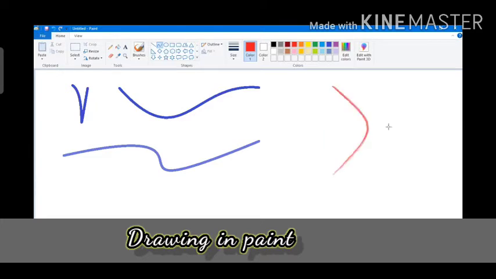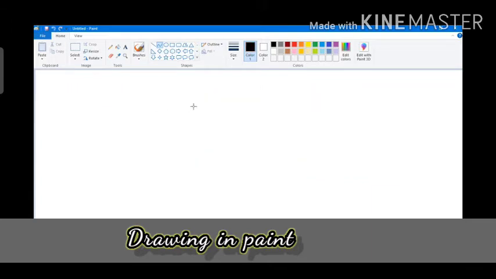Now let us try a watercolor line. See, this is a different kind of line that you can draw. Now we will be learning about the shapes group. Okay, in that shapes there are so many different shapes you can see over there in the shapes group. We have learned about the curve line.